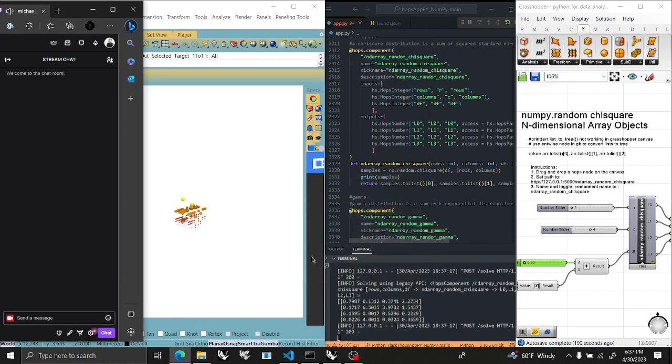Recording, and here we go. You can see the speed at which NumPy runs, running a little one-line script on chi-square in NumPy random generation. Pretty cool. Over here I've got a little bit of geometry going, and I've got a little oscillation, but the speed at which that oscillation is changing, you can see it's generating